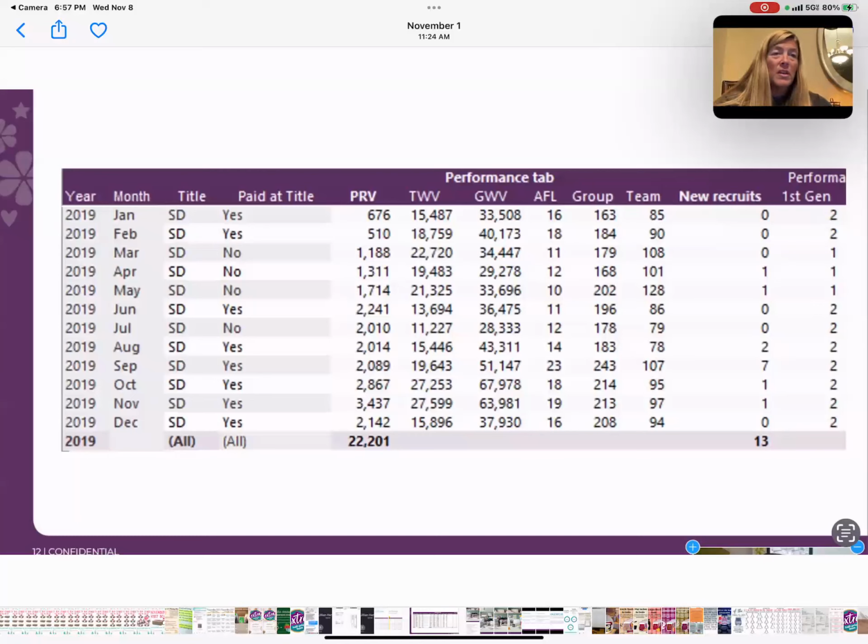Because remember, there's only a couple of areas in here that we can personally control, one of which is our PRV. If we choose to take a month vacation, if we choose to say, oh, it's January, I'm not going to do that much, nobody's going to buy Scentsy anyways. If we choose just to go MIA and check out of our business and not do our follow-up for that month or the month before, or the month after, for that matter, a week, it doesn't matter, it can go fast, then we're going to see that in different areas of our business, one of which is usually affected is our personal PRV.